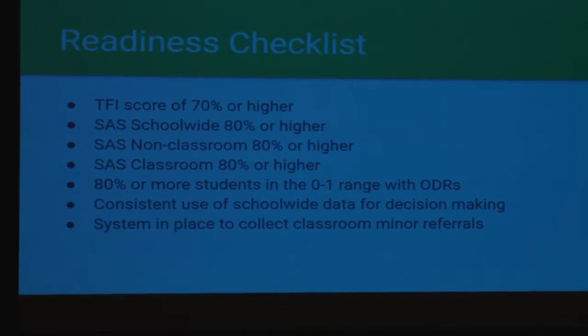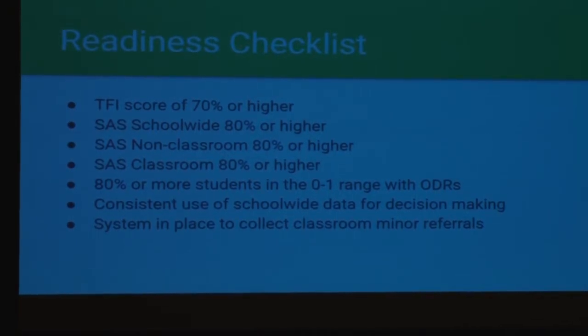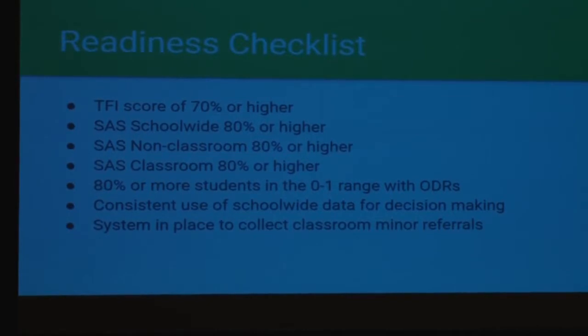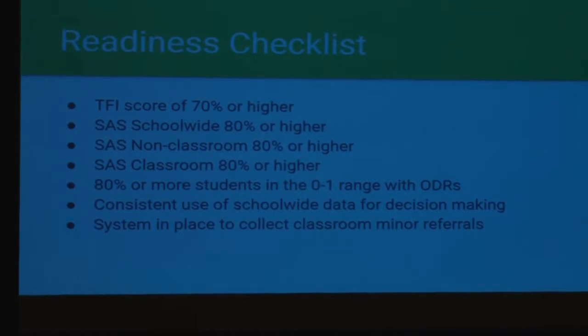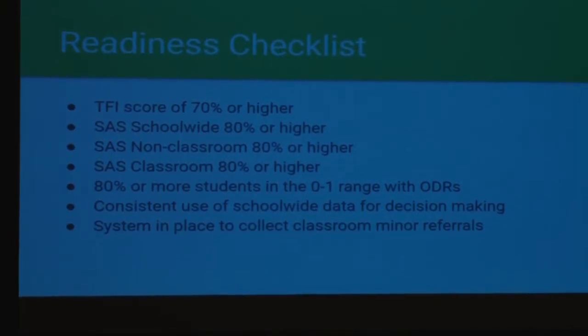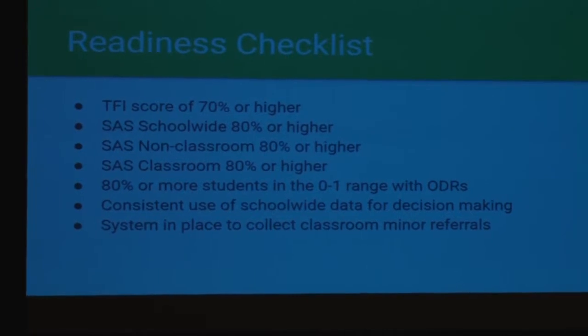We looked at students in the 0 to 1 range with office referrals. And we'll talk about this a little bit as well, but given the nature of our school and the nature of our students, whenever we started to implement, we were looking for the consistency with that office referral part, but really our students are really great kids. And so we had seen some decline in terms of office referrals, but we were really looking for a consistent program to be able to use with all of them too. So as we mentioned, using that school-wide data consistently, and having a consistent system in place as well